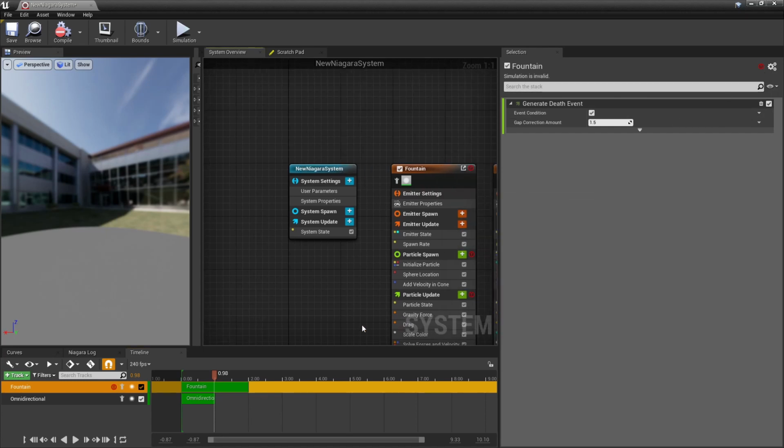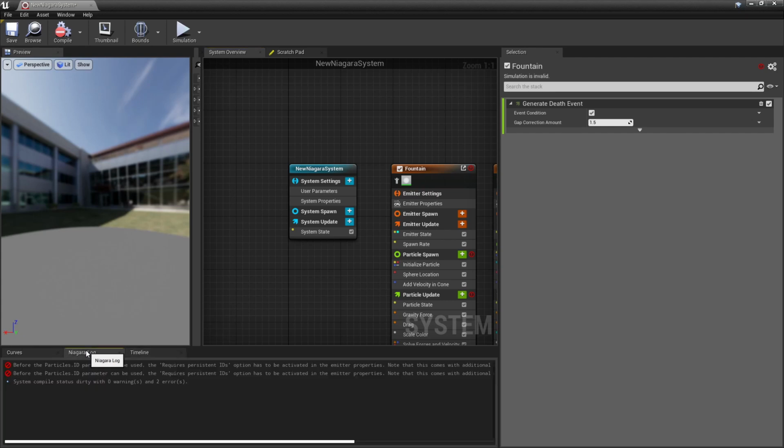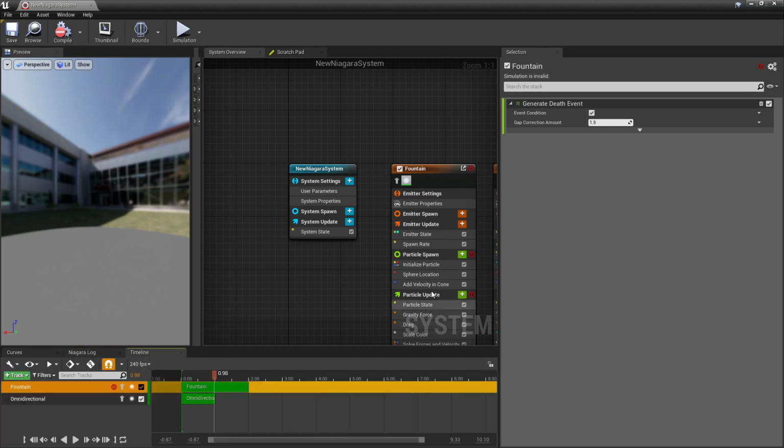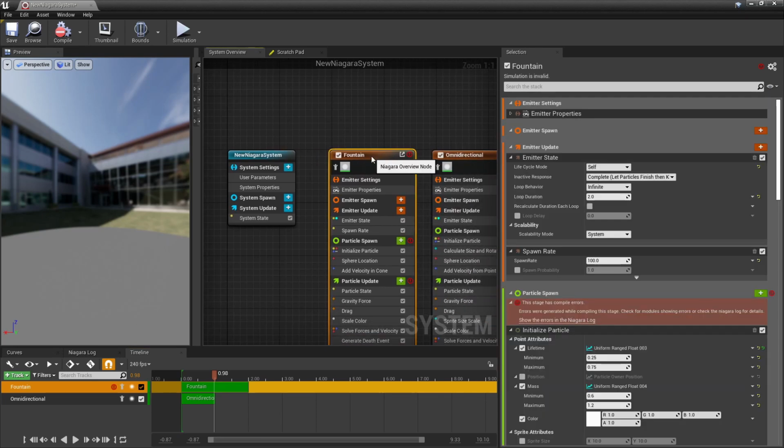If you see that in the Niagara log, it says it requires persistent IDs. So essentially, this event update works on CPU based particles, it doesn't work on GPU based particles, and you need what is known as a persistent ID.